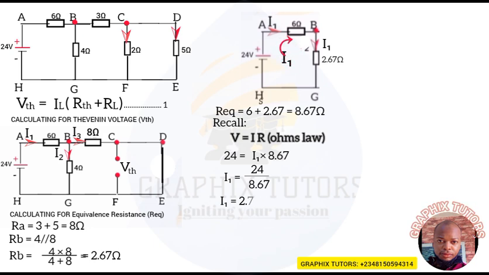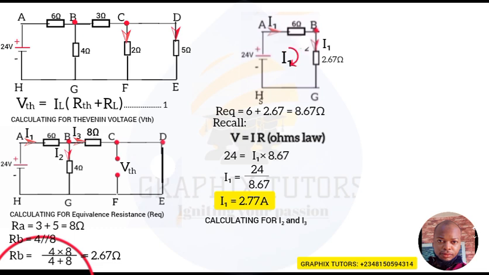So we've gotten I1. This I1 is the one that split at node B, as you can see from our diagram. It's split into two different currents, I2 and I3. So we need to find the value of I2 and I3 with the help of what? A young man named current divider rule, right? So we're calculating for I2 and I3. Now what you do is this: just come to this point, you have R_B, because you only use current divider rule when you have a parallel connection, and this is our parallel connection here. So I'll remove this R_B, be watching, and I'll write it as I2